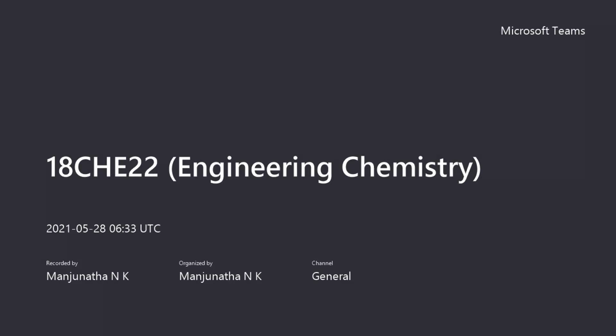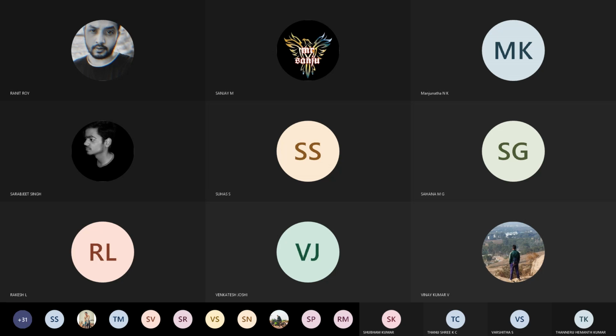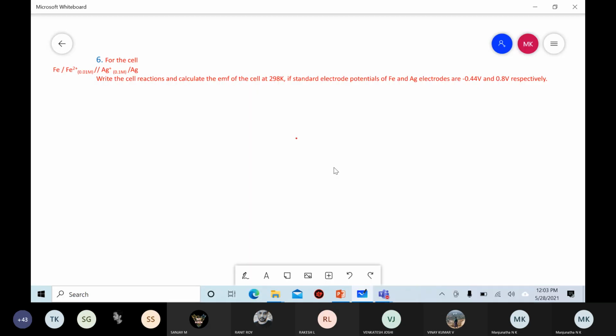Numericals on the basis of the Nernst equation, the EMF of the cell, the Nernst equation for EMF of the cell. In the previous numericals, whatever two electrodes we took to construct the galvanic cell involved two-electron change reactions, like zinc and copper, copper and magnesium, cadmium and copper, zinc and iron and copper, like that.